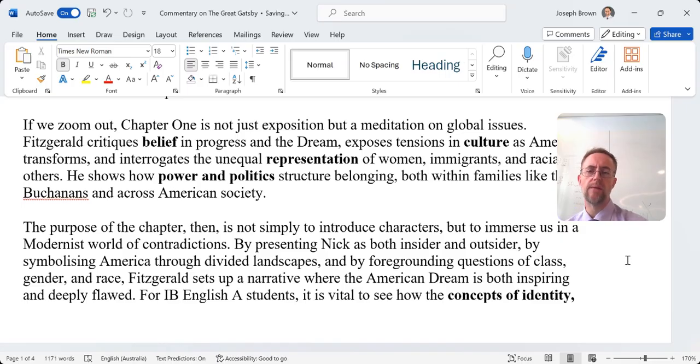If we zoom out, chapter one is not just exposition, but a meditation on global issues. Fitzgerald critiques belief in progress and the dream. Okay, so remember in class we talked about modernism, a time where we are marching on in progress towards civilization, towards a bright, modern, beautiful future, and that starts to fall into disbelief, especially after we see what happened in World War One, and this story is set straight after World War One, and it's going to be completely destroyed